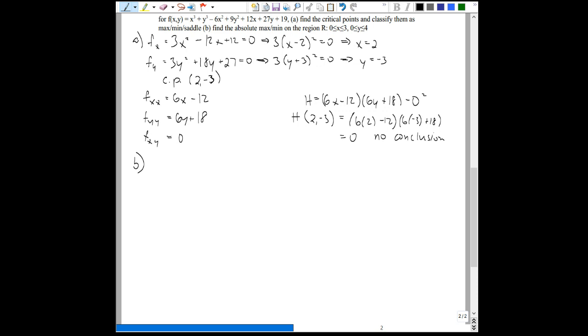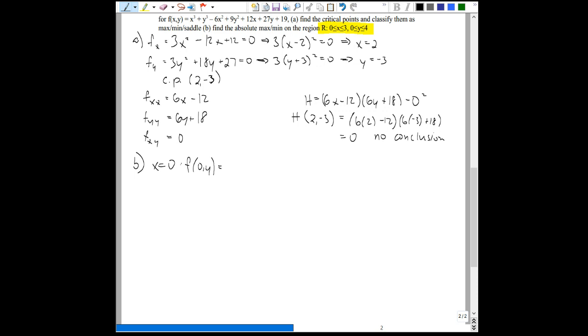Now, absolute max/min. We have our local critical point. We also need to find boundary critical points and corner points. And the region that we're given is right there. So, this is a rectangular region, so we're going to break it down into 4 boundaries. The first boundary will be x equals 0. So when x equals 0,